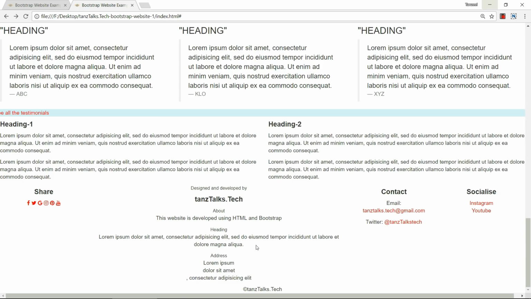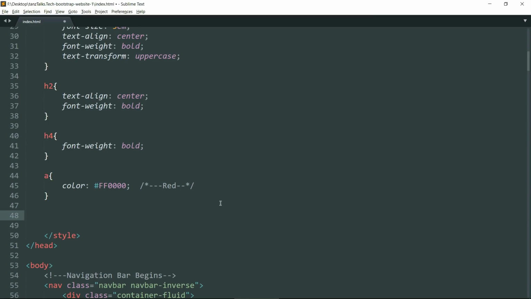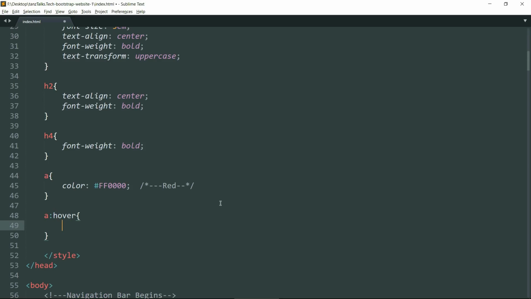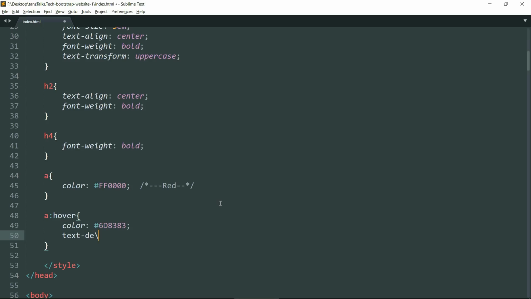Save it. Okay, now let's drop down and format a:hover. This means when we hover over the links with the mouse pointer, what color we want. Then let's give it hash 6D8383.